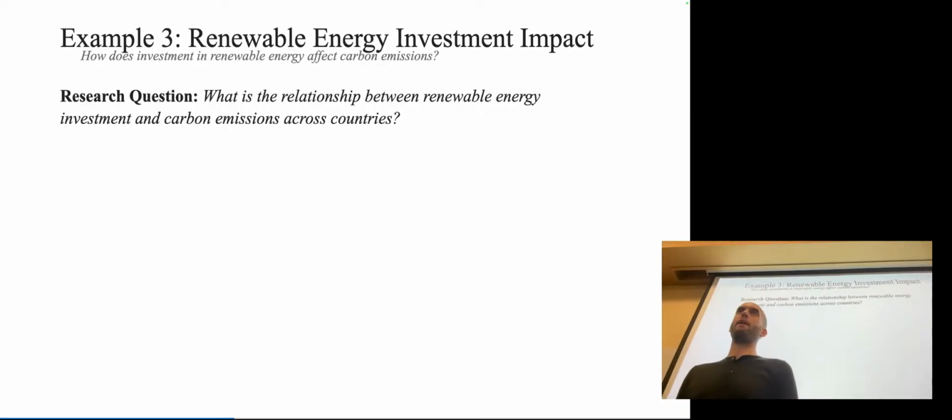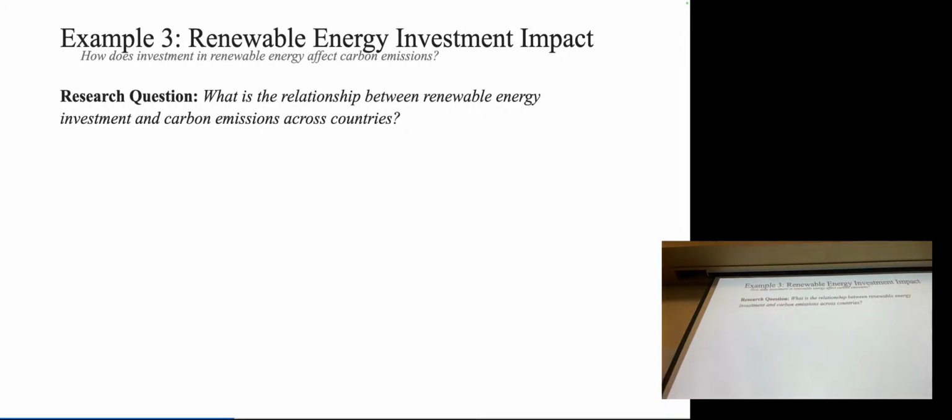So let's take maybe a minute here. This one might be more straightforward based on just the statement of the question, but be thinking about whether there are confounding variables, like we talked about last class. So let's take a minute here. I want you to write down some variables you might need for this question, and then potentially other ones to help avoid some confounds. So we'll take about a minute. Let's go.